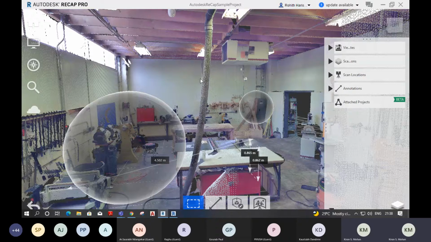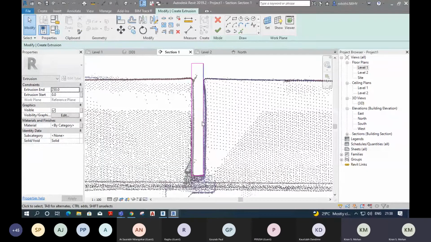Scan from these two scan locations. So that's why for some joists you can see both the sides. Both the sides are scanned, and you can see points on both sides. But for some scan locations, only one side is available. See, in the edges, only one side is available, the other side is not available.